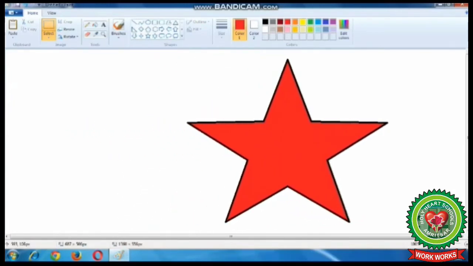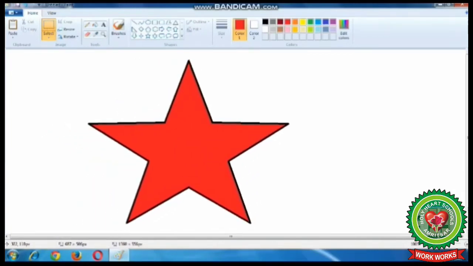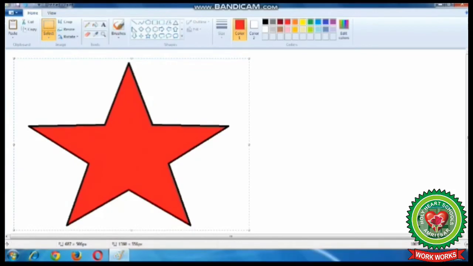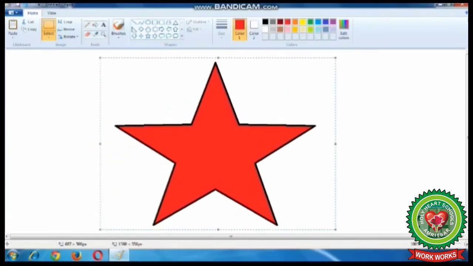Now children, you can move or you can drag and drop the part of your drawing which you have selected from one place to another in the drawing area. Firstly, you have to select the drawing and then drag and drop it on the another part of the screen.